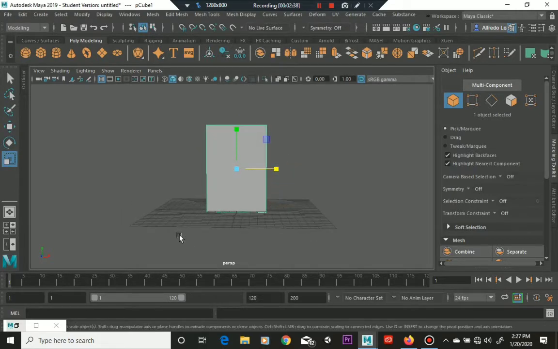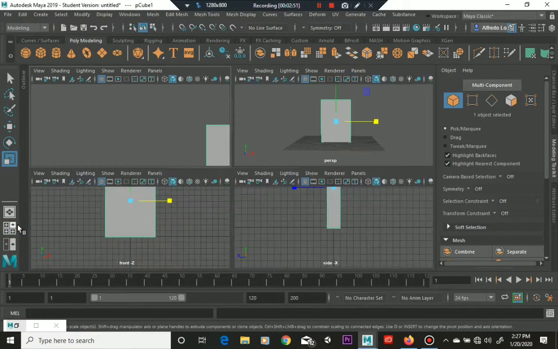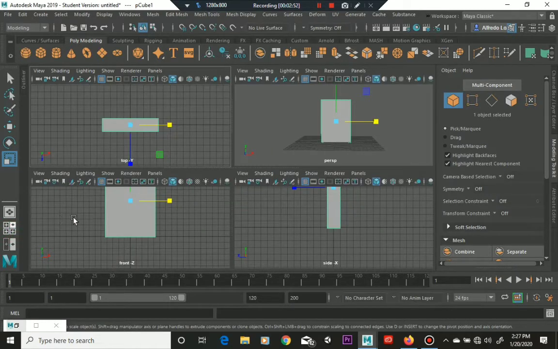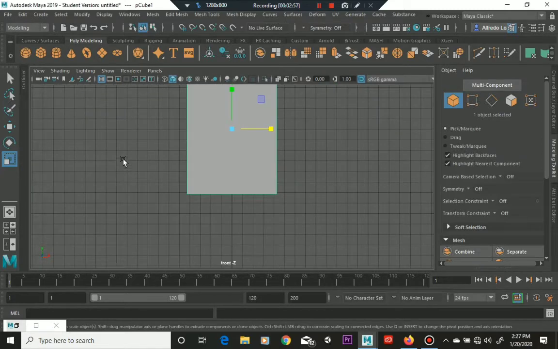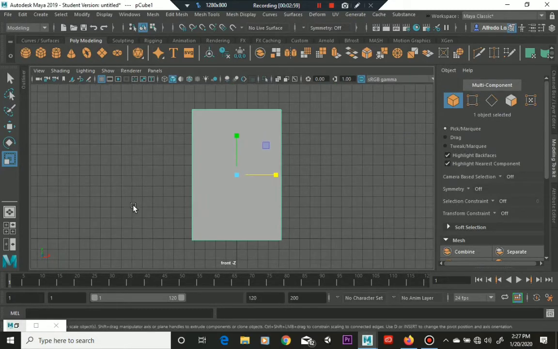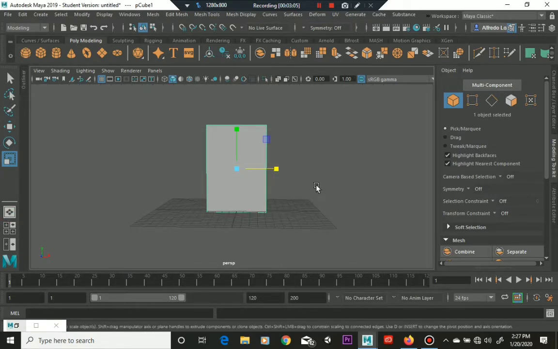Okay. Now, always check your orthographic views, because modeling in the perspective camera can be deceiving. What you might think is spot on could actually be a little bit off, or a little bit flat. So here we are in the front view. It's not too bad. I'll go with it. Okay, so now that we have that done,